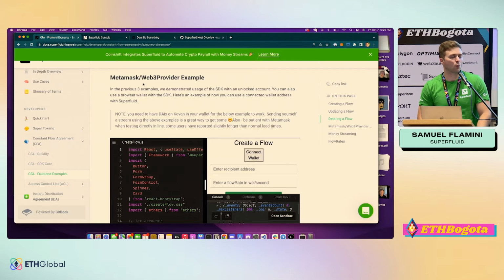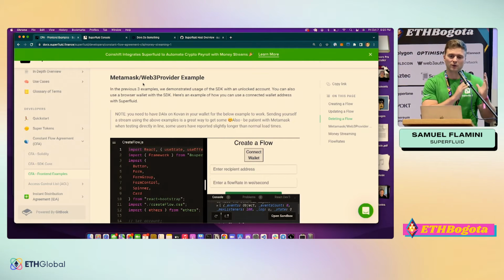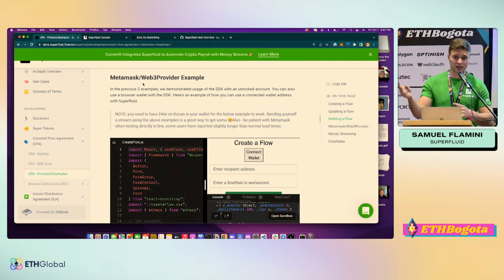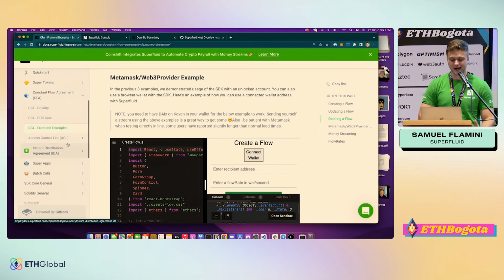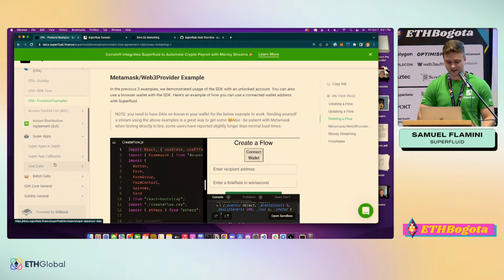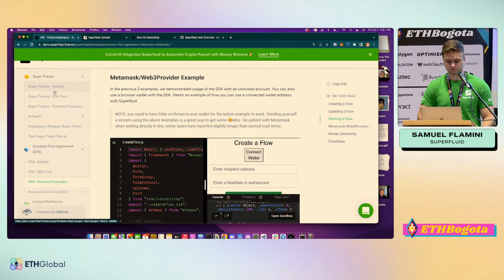So no, one thing, I'll walk through what I think you mean. If you're starting with DAI and you want to stream money with that DAI, you have to wrap that DAI to super token DAI, right? So again, if you want simple examples of that, we got more front-end examples here around, let's go to tokens. Super tokens, right?